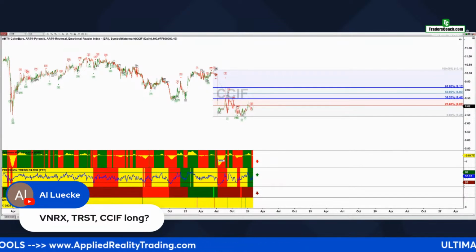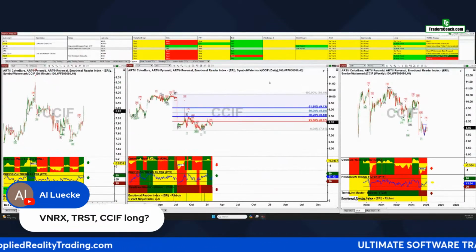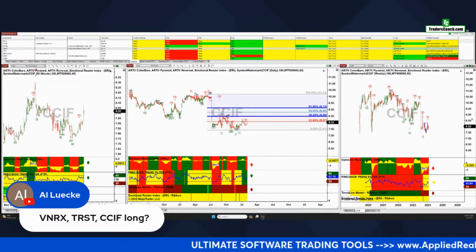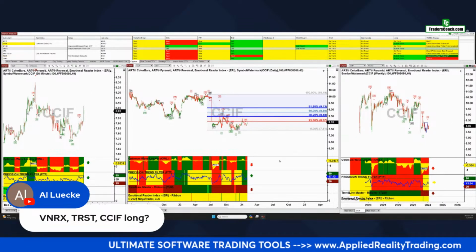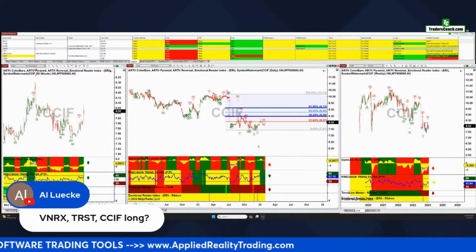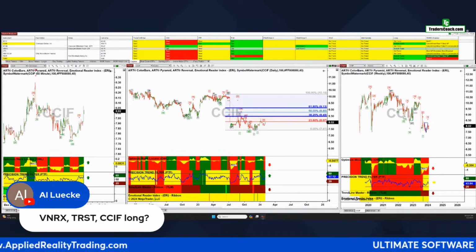I probably would pass on that, okay? Because you're going to meet some resistance in that level here. And I don't know if it's going to punch through or not. So tough to get an Elliott wave on this due to the lack of history, okay? I would pass on this one. All right, thank you. All right, let's keep going here.